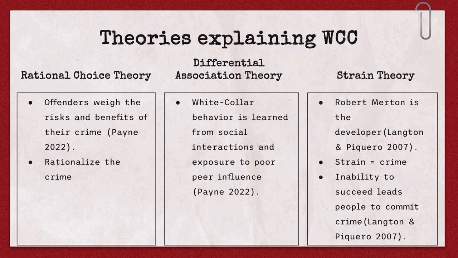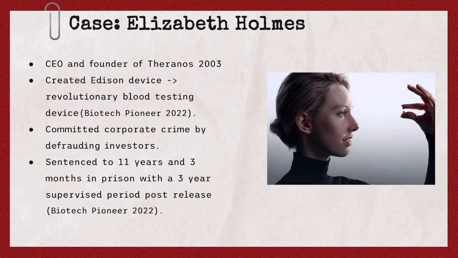There are several theories explaining white collar crime, but a few are rational choice theory, which weighs the risk and benefits of the crime, differential association theory, which explains how white collar behavior is learned through social interactions, and strain theory, which is the most common because it explains how an individual's inability to succeed leads them to develop stress and commit crime. My case study is based on Elizabeth Holmes, former CEO of Theranos and developer of the Edison